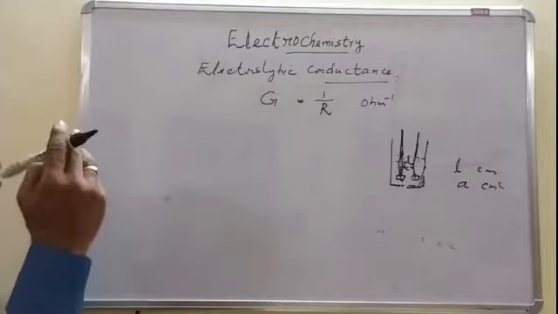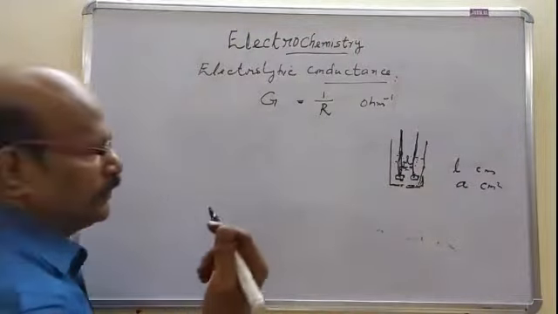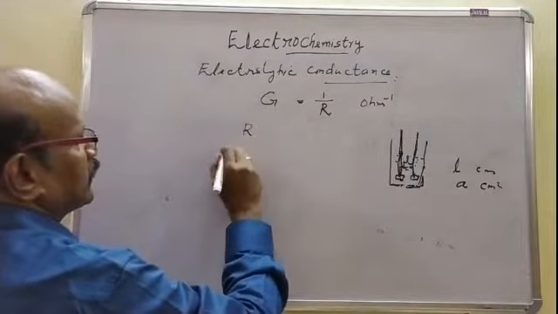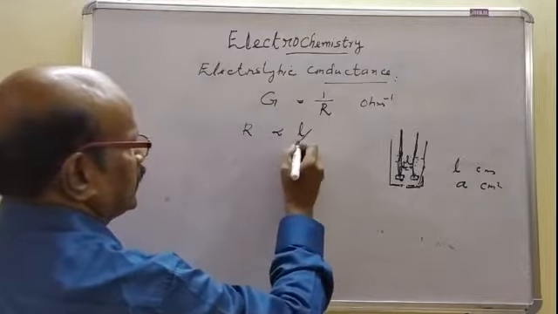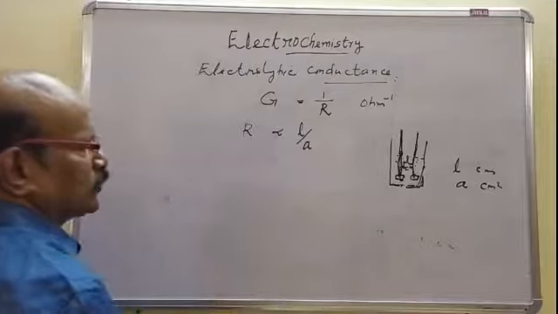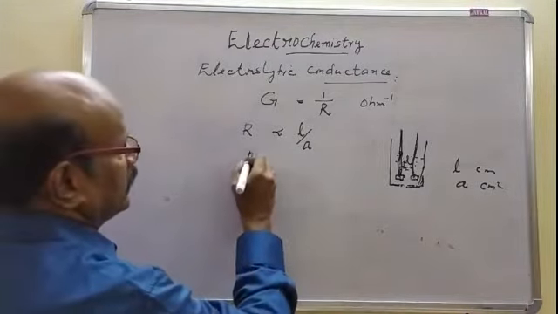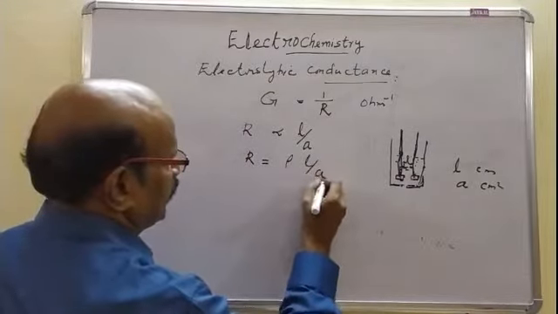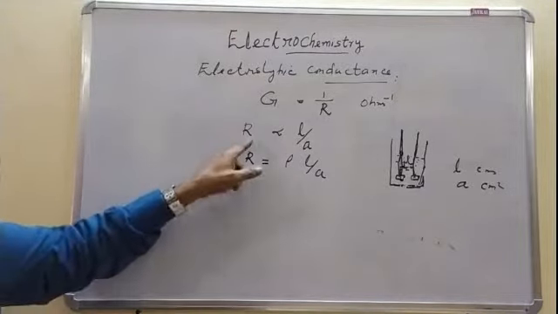Okay. As you already know, when we apply Ohm's law to a metallic conductor, all of you know that R, the resistance of the conductor, is proportional to the length L of the conductor and inversely proportional to the cross-sectional area A of the conductor, in the case of a metallic conductor. Or R is equal to a constant rho into L by A, where the constant rho is called specific resistance. Okay. All of you know about Ohm's law.